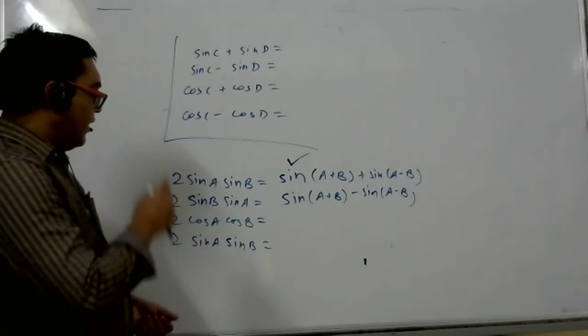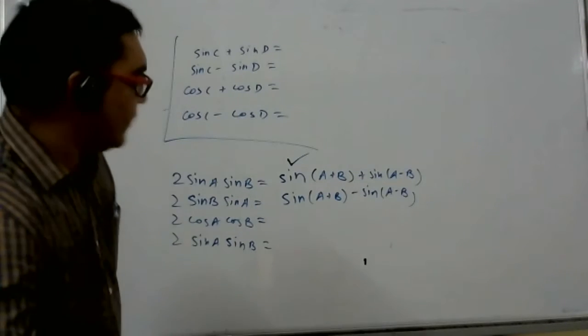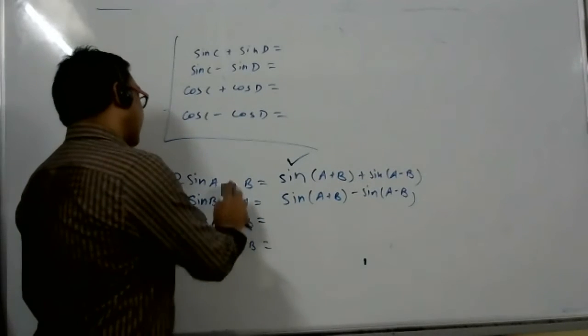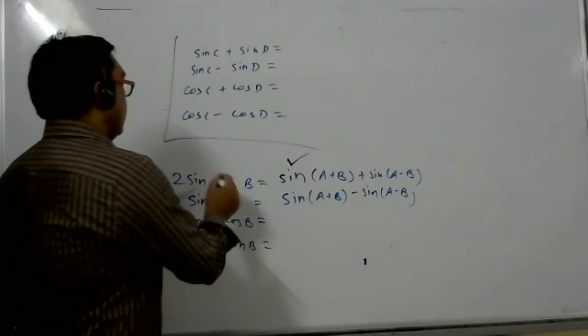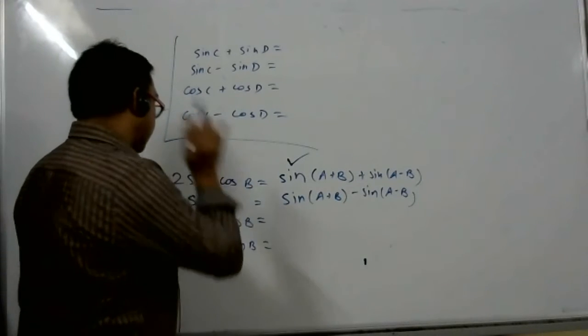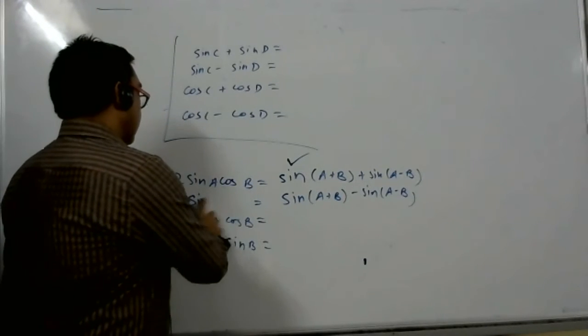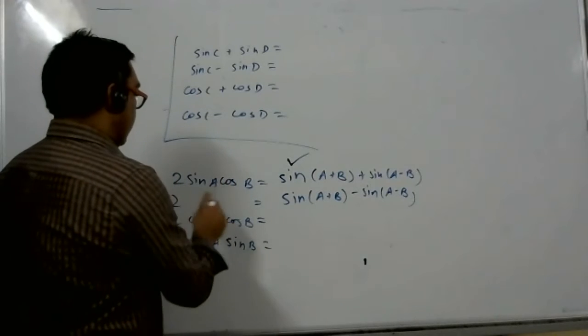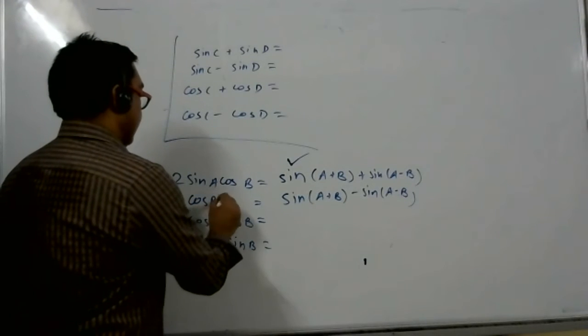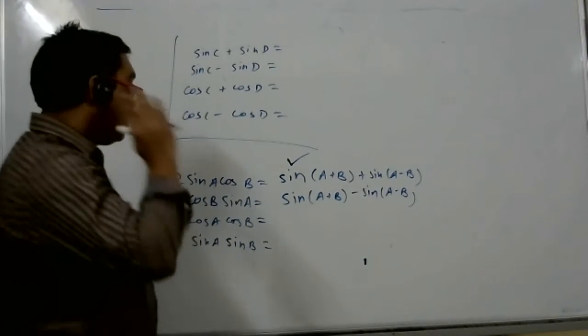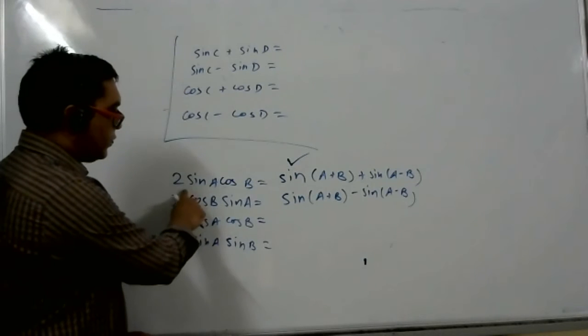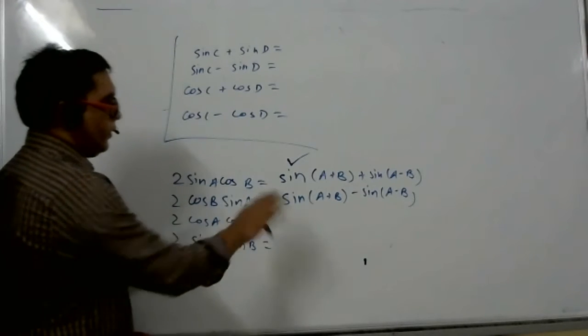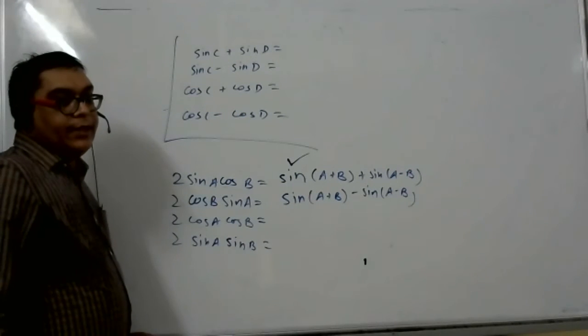You wrote the same, right? I think something wrong I'm writing. That's why I get sin A cos B and cos A sin B. That's wrong. It is 2 sin A cos B. Sorry, student, that's my mistake. This formula I wrote wrong. It is 2 cos B sin A. So 2 sin A cos B, 2 cos B sin A. Now I think it is okay. Are you understanding or not?